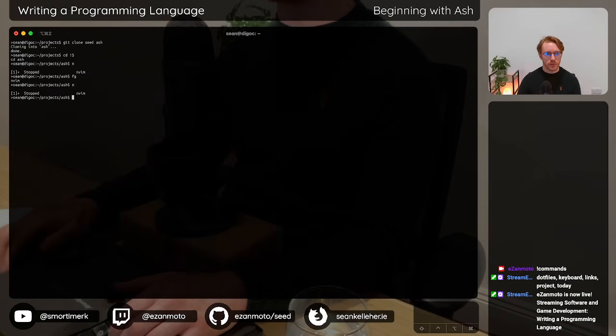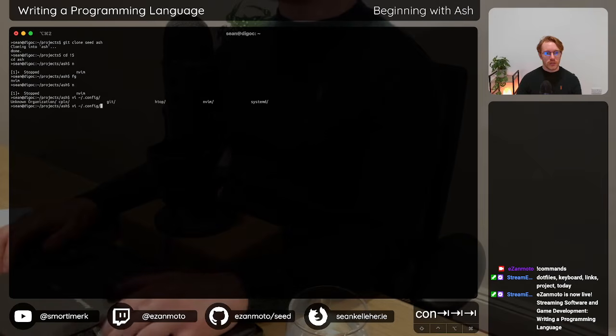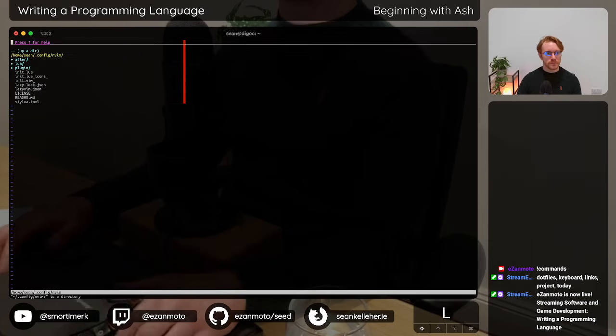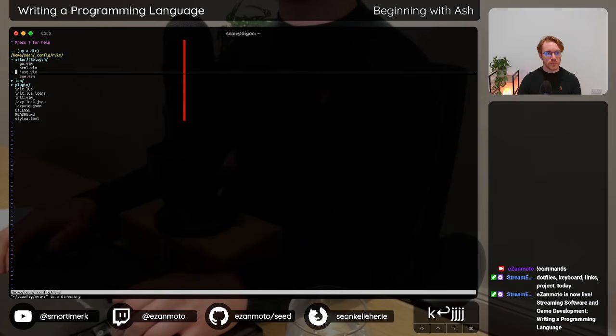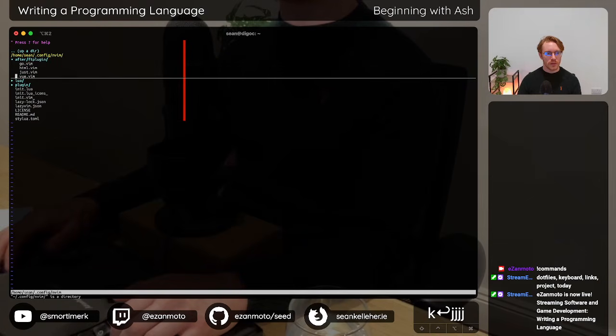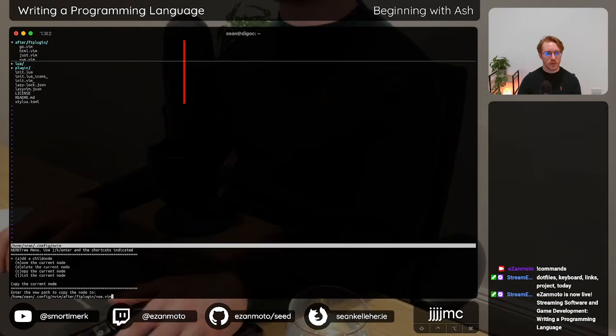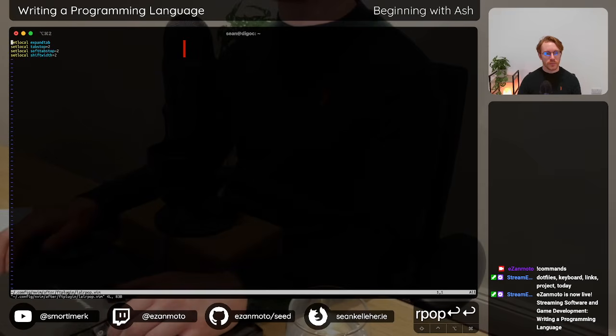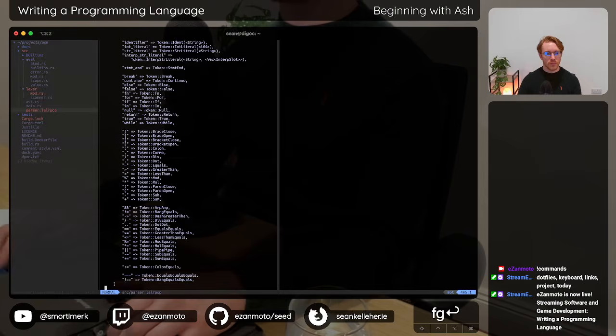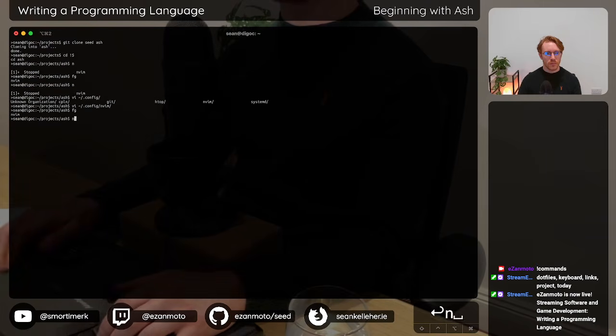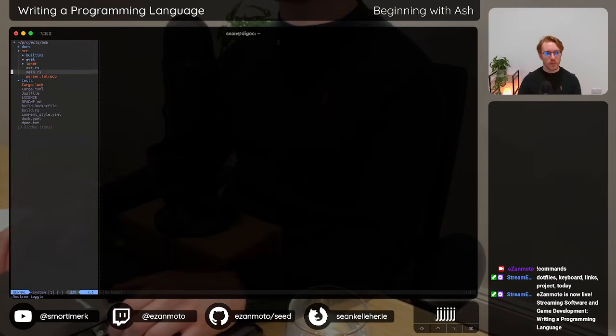So what I'm going to do for the moment is jump into the config for NeoVim. And I guess I will just copy one of these. And does that work?